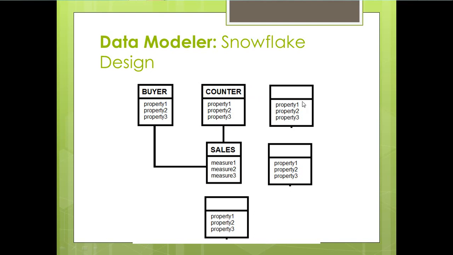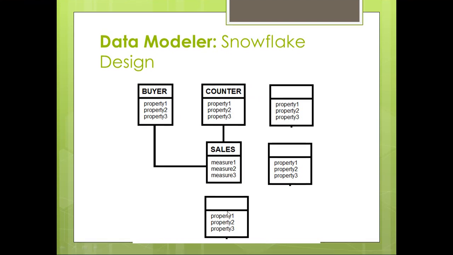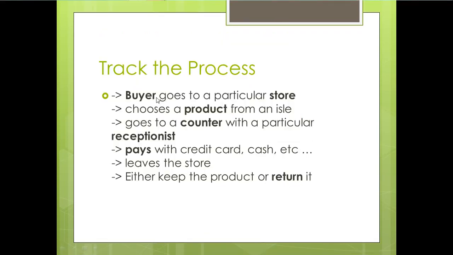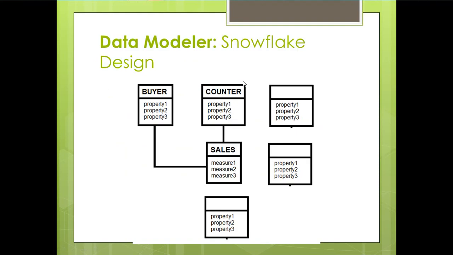Over here, I left empty dimensions. These are entailing the other dimensions I mentioned on the previous page, like product, receptionist, payment, anything in the bold. So this is the Snowflake schema, and a property of the Snowflake schema is that the fact table is always directly connected to the dimension. And since we're tracking a particular business process, we could join between the fact table and another table in order to derive more detailed information or more detailed questions about that